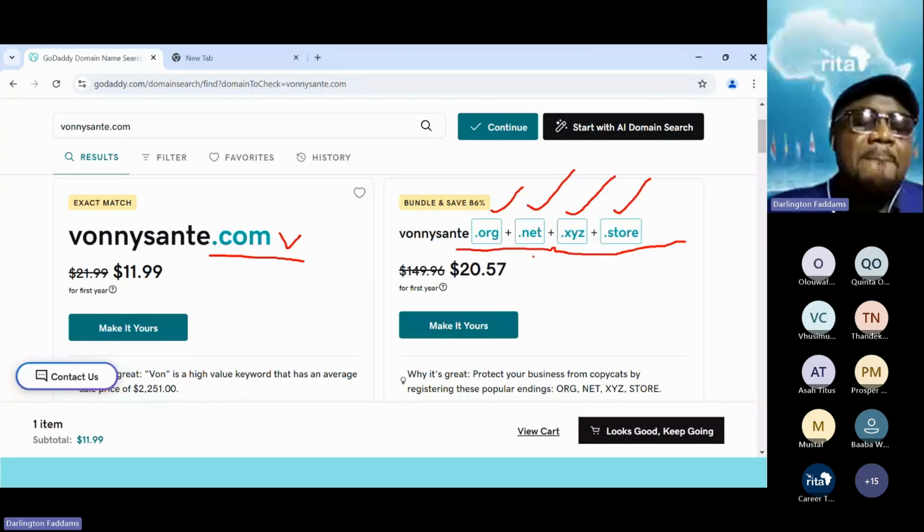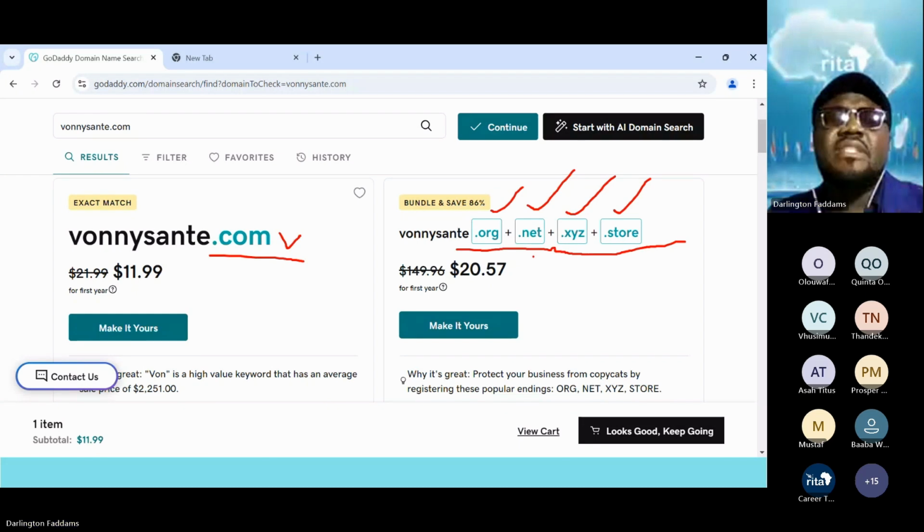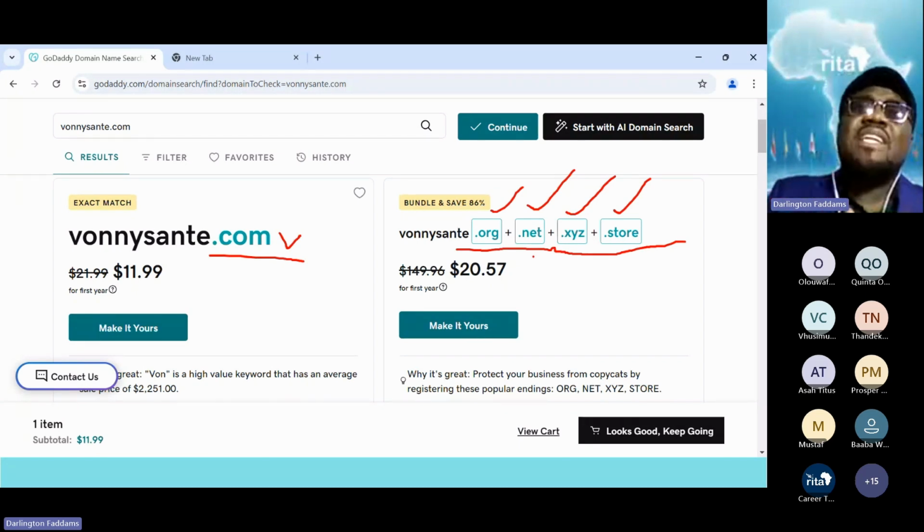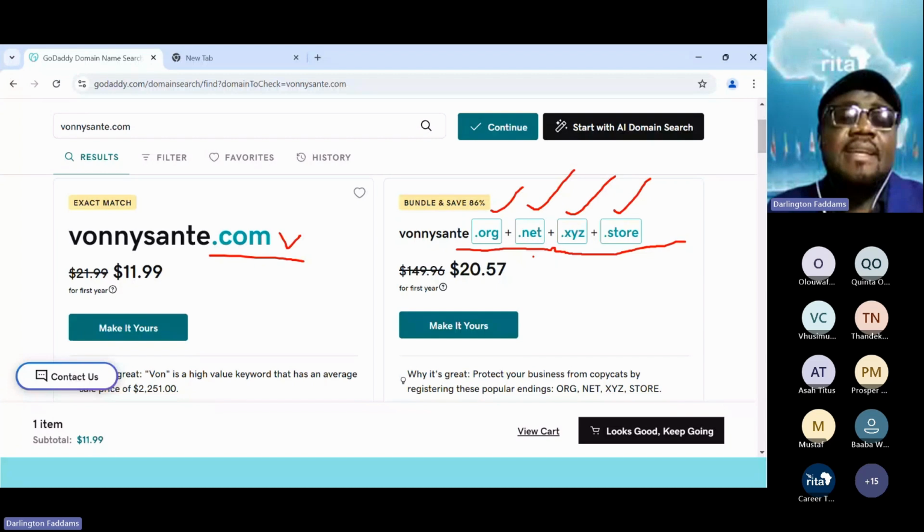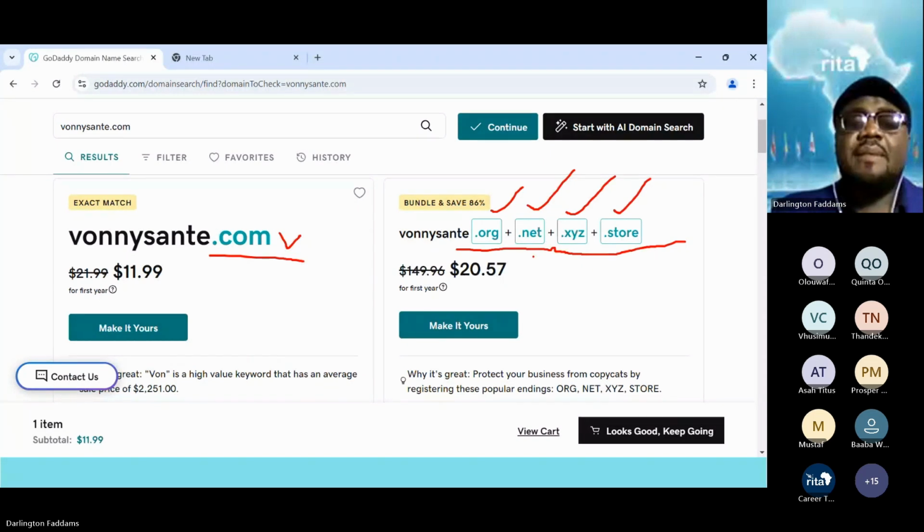But then, if your name has a slight similarity, and it is possible for someone to mistake your name for that similarity, then you are advised to register both of them and do what we call domain redirection. For example, I'm going to give you the extension example first, then I'll give you the variation example.